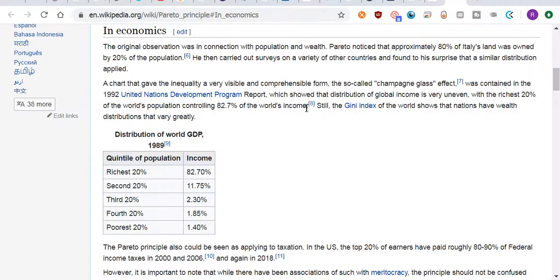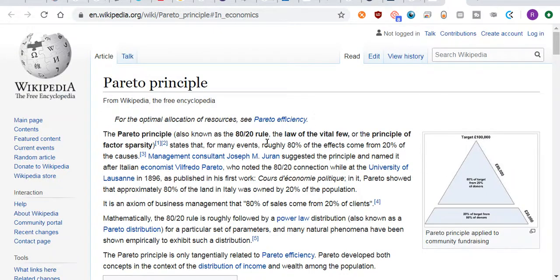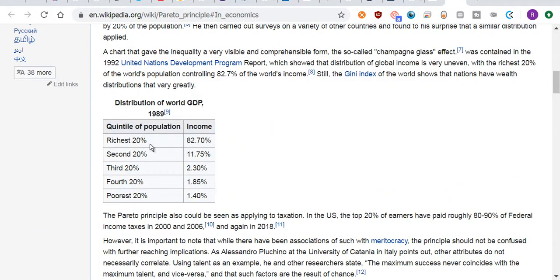If you see from Wikipedia, the Pareto principle, originally known as the 80-20 rule: 20% of the world's population is responsible for 82% of the world's income. Microsoft has said that 20% of the bugs are responsible for 80% of the crashes in Windows. It may not hold exactly everywhere, but roughly around the 20-80 rule we do see.